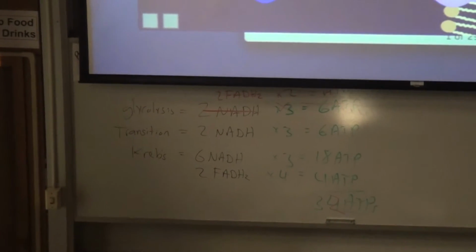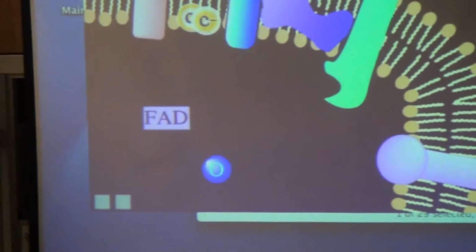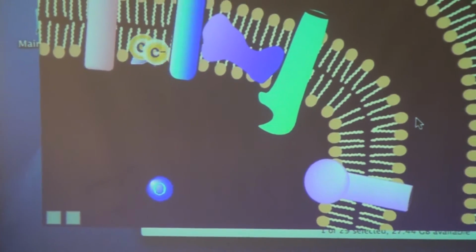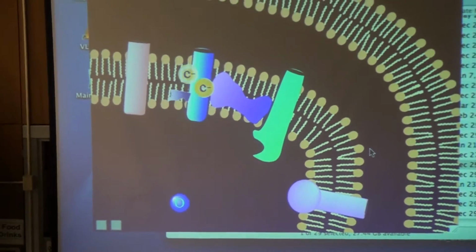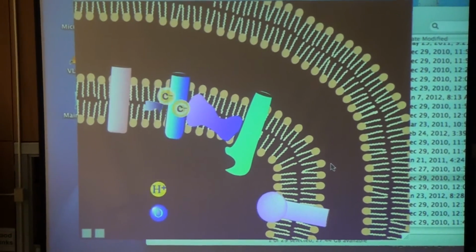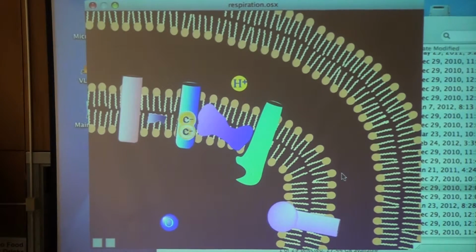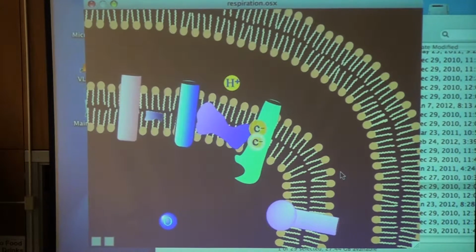There's that FADH2 that was made, making its 2 ATPs. Alrighty. Any questions up to this point? All right, well, let me